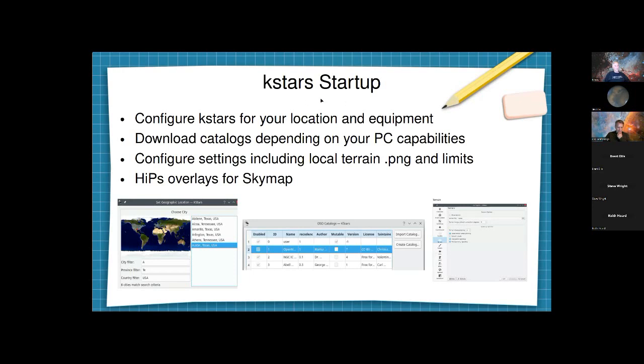When you first start it up, it's like any other planetarium software. You have to tell it where you're at, and then you download catalogs. There's literally hundreds of catalogs. You can download billions of stars into this thing. You configure the settings. You can put in the PNGs, that picture you saw of my backyard, and then once